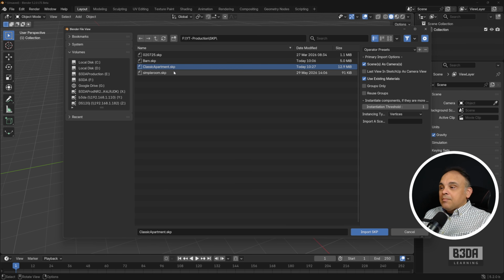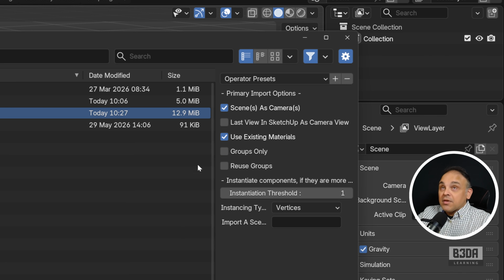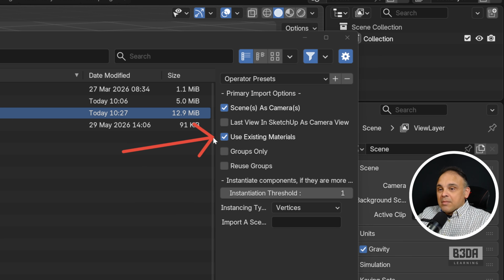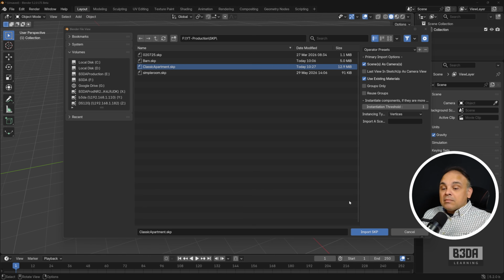And I will get the SketchUp file for that project that I had opened in SketchUp. One nice thing about this add-on is that it will try to convert your SketchUp scenes into Blender cameras, and it will also try to convert your existing materials into Blender materials. So keep those two options enabled if you want to make use of those resources in your Blender file. So press the import SKP here